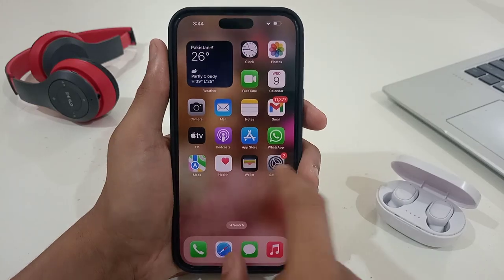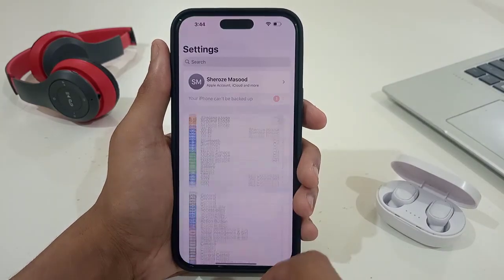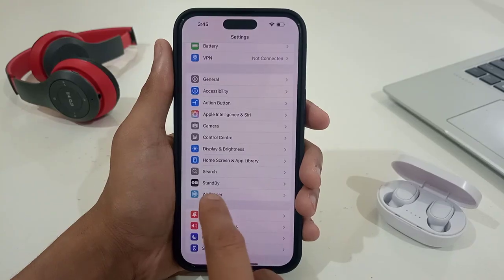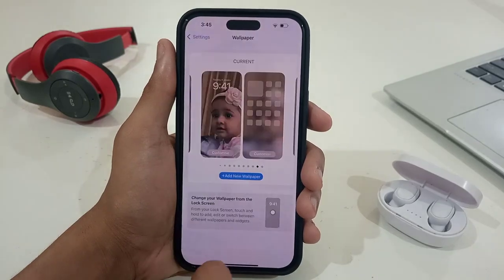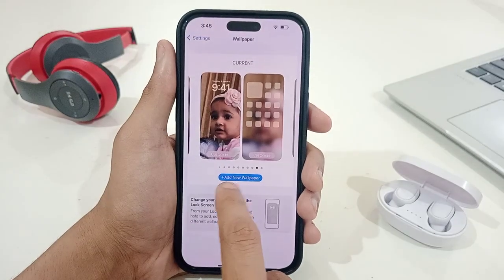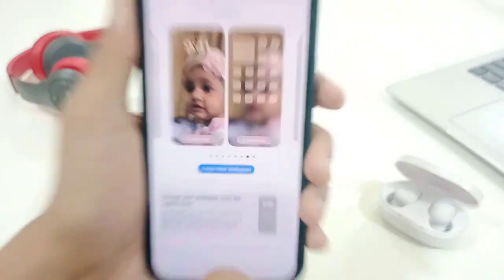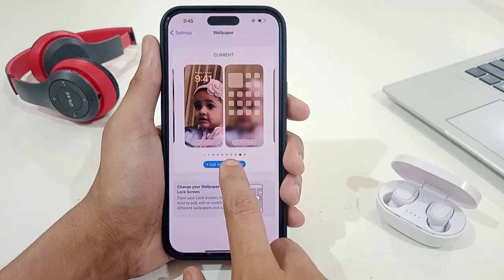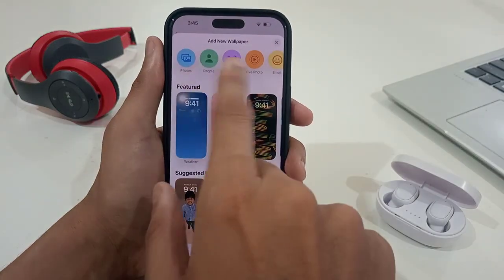What you need to do is just go to the settings, and after going to the settings you need to find the wallpaper option here. As you can see, wallpaper is here. Just tap on the wallpaper option, and now you need to click on the add new wallpaper option here. Just tap on the add new wallpaper option, and after tapping it you see that there are some options